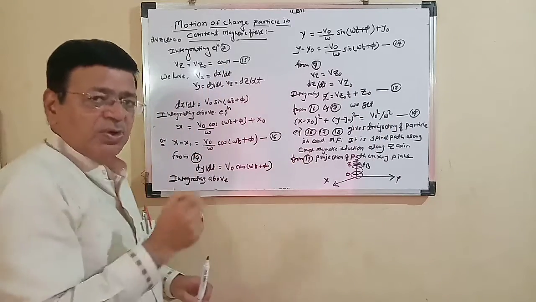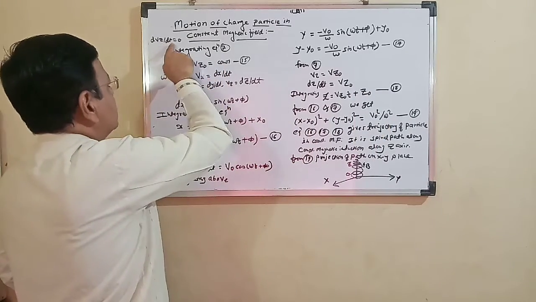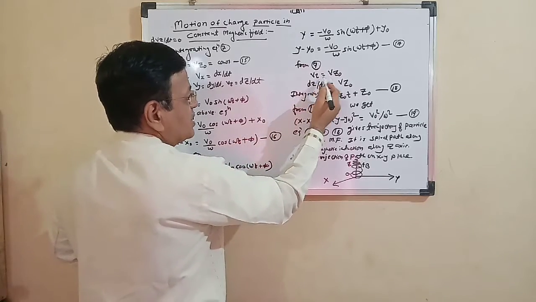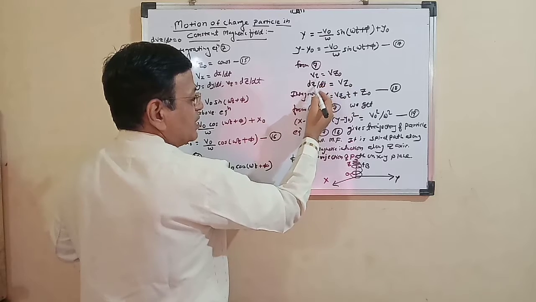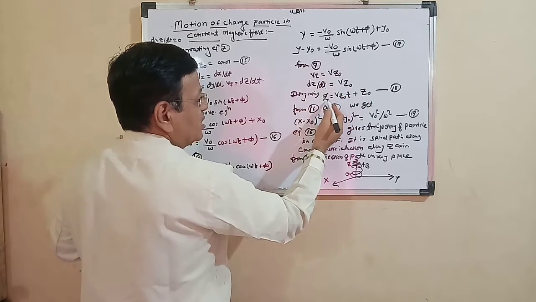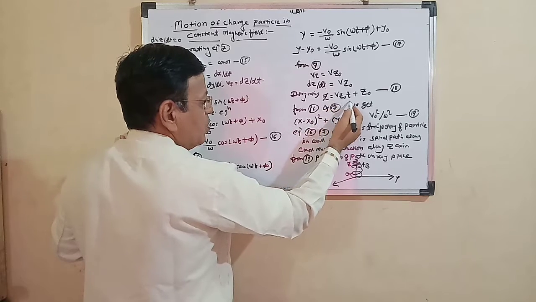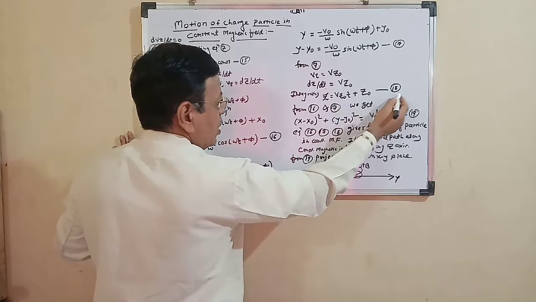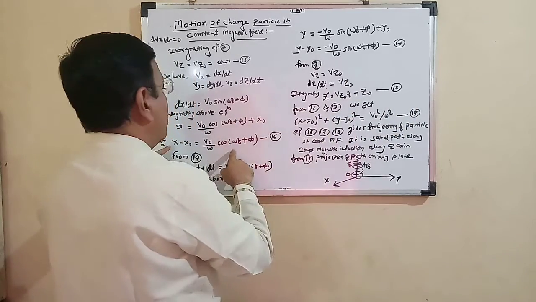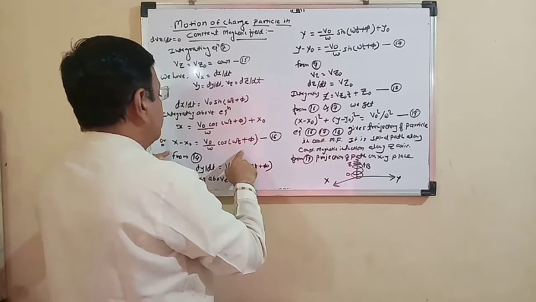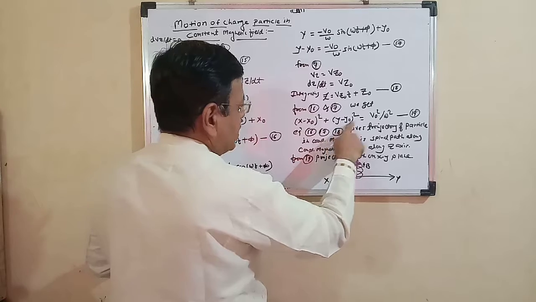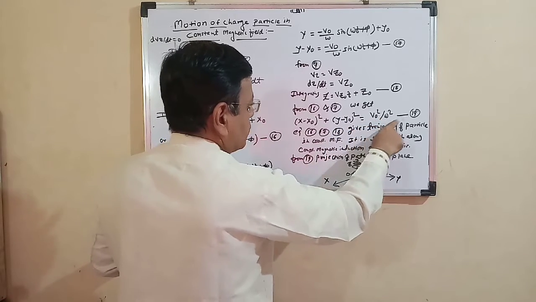Again we consider the equation dvz by dt is equal to 0. Integrating this, we again get vz is equal to vz0. So vz, which is dz by dt, is equal to vz0. Integrating this, we get z is equal to vz0 t plus z0. Call this equation 18. From 16 and 17, by squaring and adding the two equations, we get (x minus x0) square plus (y minus y0) square is equal to v0 square upon omega square. Call this equation 19.